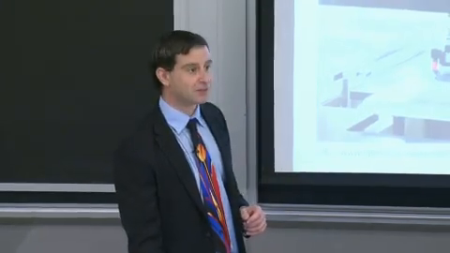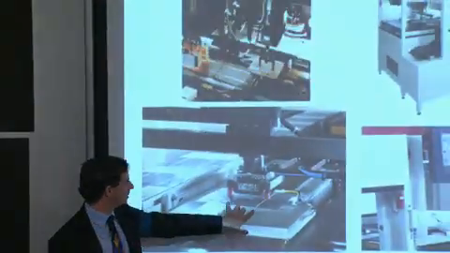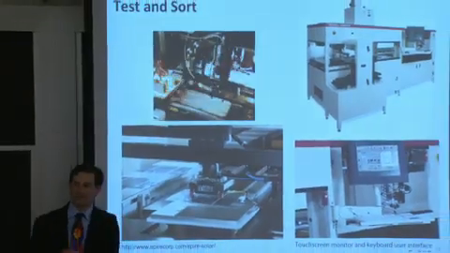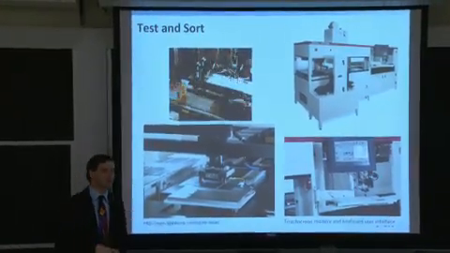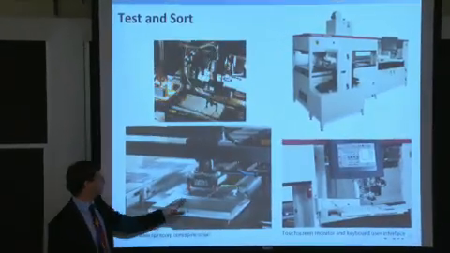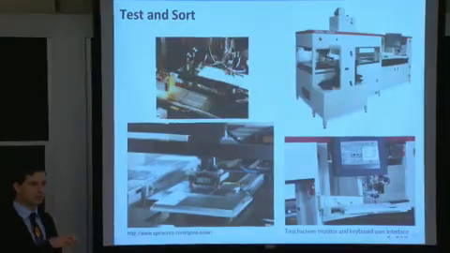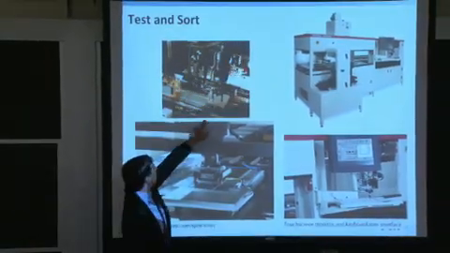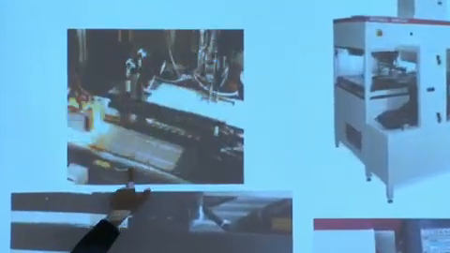So finally, testing and sorting. This is the last stage of the solar cell manufacturing process. Here we see a little pick and place. That means a little robot that picks up wafers and deposits them. The simplest incarnation is just a suction cup. The more fancy ones involve Bernoulli lifters, essentially pressure differentials pulling wafers up. So you have wafers being loaded onto a conveyor belt, coming off of one conveyor belt onto another one,